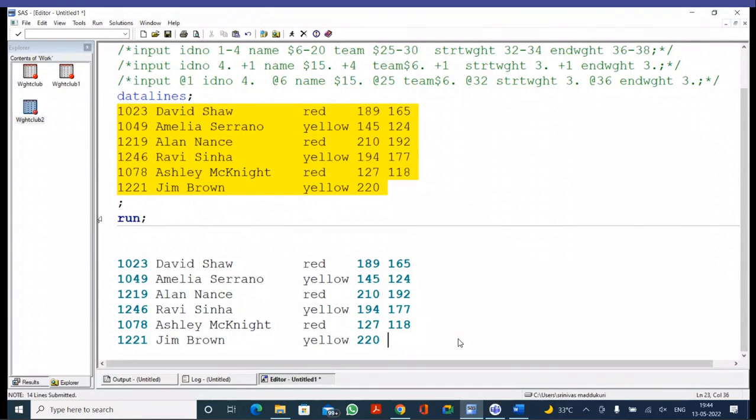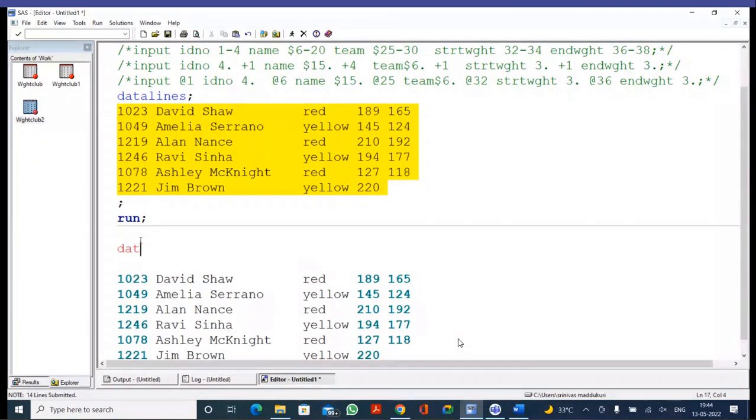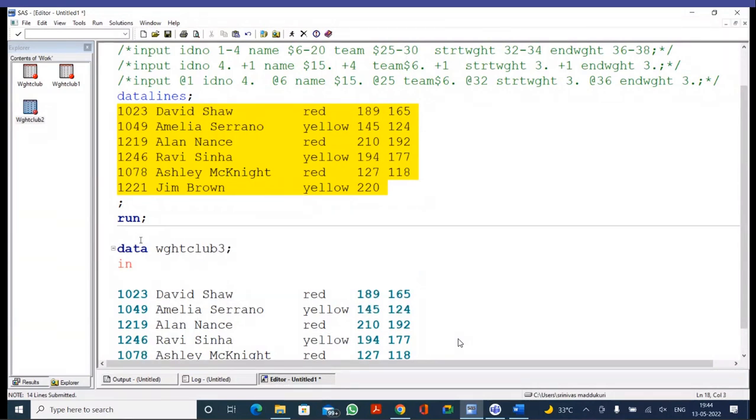Now I'm writing weight club 3 data, weight club 3 input. Now I'm writing